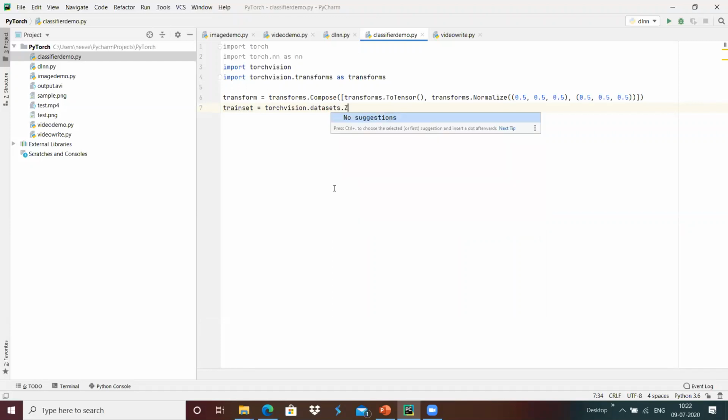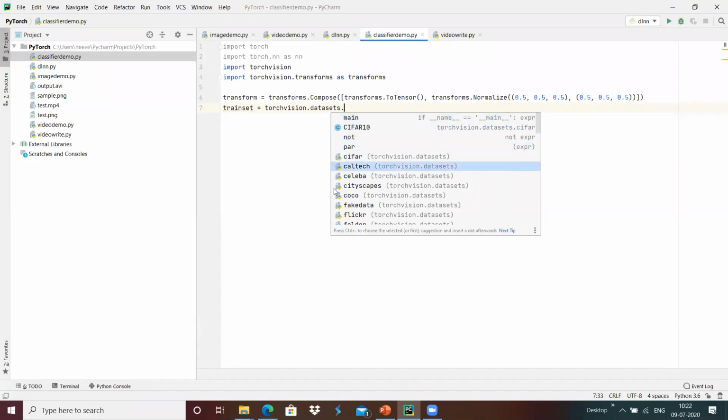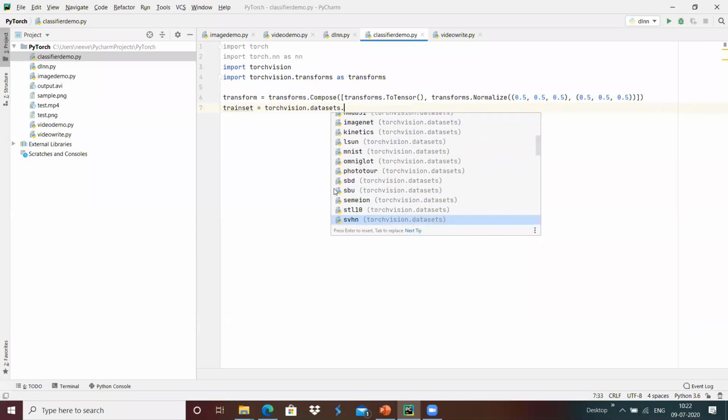And we have different other datasets, something like Flickr, and all these datasets have already been defined with specific data or specific images, so if our application falls into this category of detecting objects or detecting a car, we can choose the dataset according to our need.